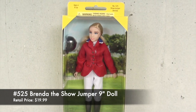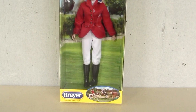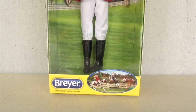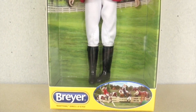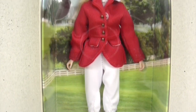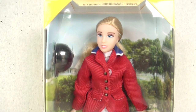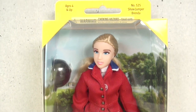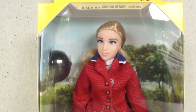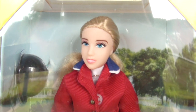So we are done with the models, but not completely done with my haul. Here is a quick look at a doll that will fit traditional scale show jumpers. It is Brenda, a 9-inch doll with blonde hair and a red and blue top, along with white pants and black boots. Beautiful show jumping riding outfit. These dolls are also highly articulated, and I'll keep her in the box for now